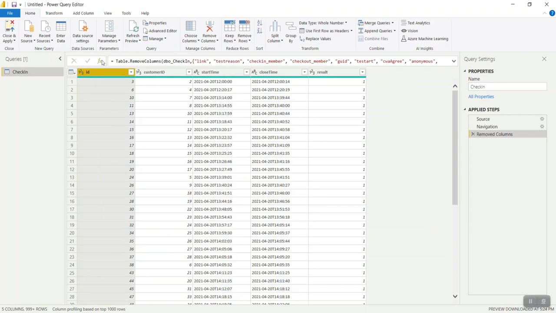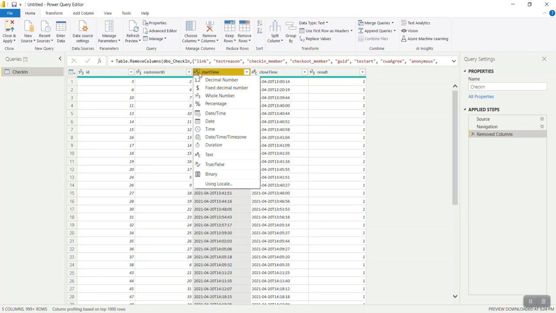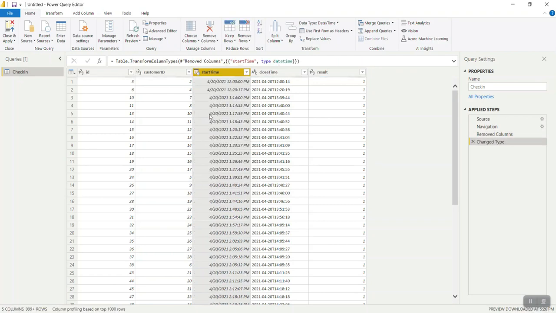The way data types are changed is you can see the ABC or 1 2 3 at the start of the column. Just click on it and change the data type. Now you can see that the data type is changed, and I will do it for the close time as well. These are the times that someone entered the test center and left, and they have been recorded here.